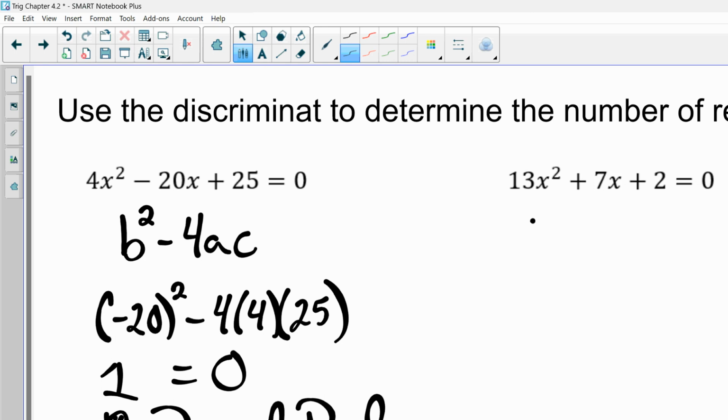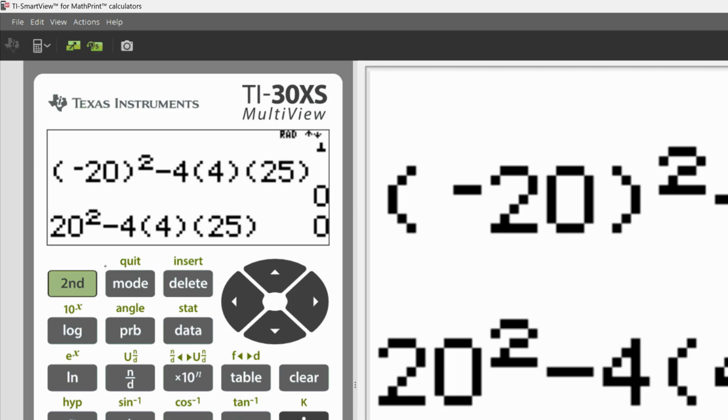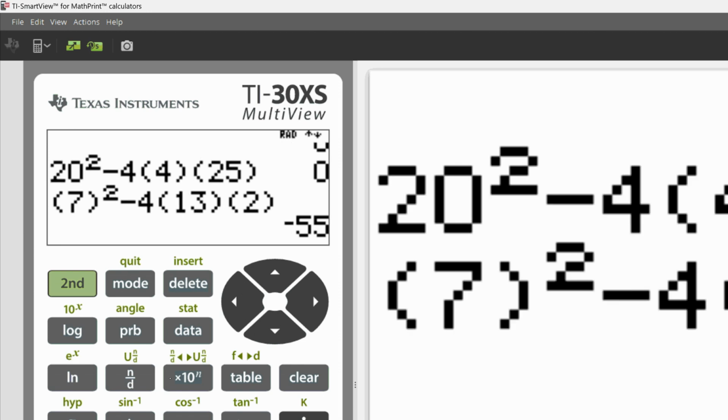We can look at the next one. B squared minus 4AC. B in our case is 7. A is 13. C is 2. And again, we can type it in. 7 squared minus 4 times 13 times 2 is